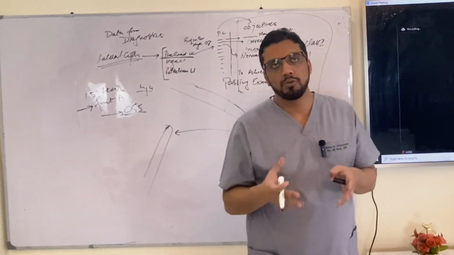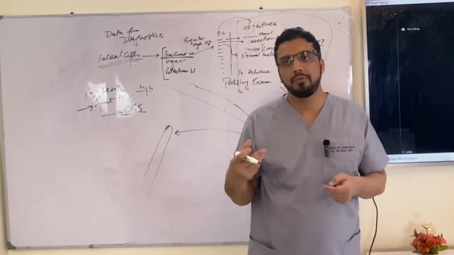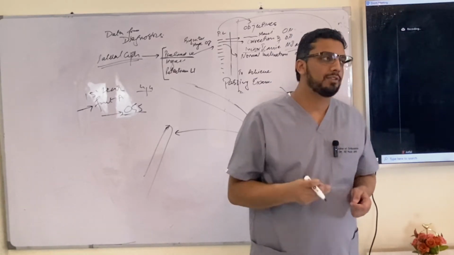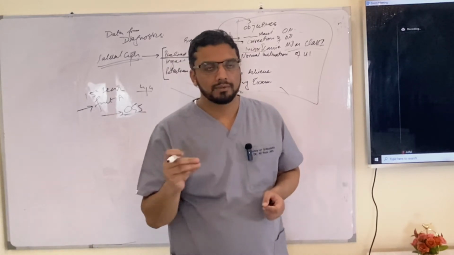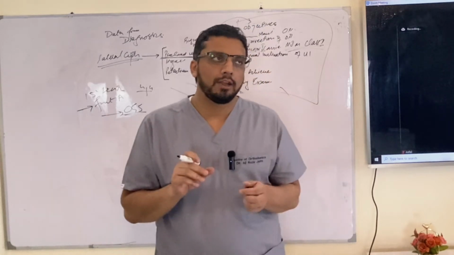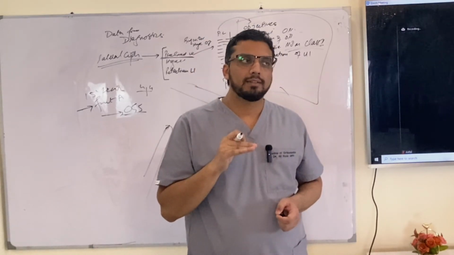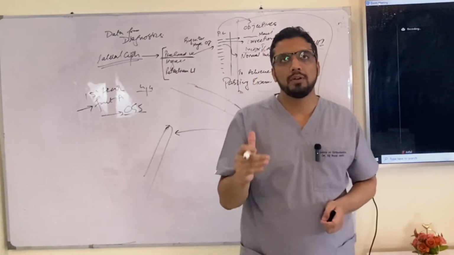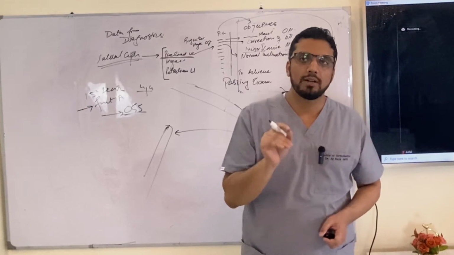the borderline situation when your growth is slowing down and you feel like your adolescent growth spurt is going to be over, you can attempt a try of the functional appliance. That is the concept of the therapeutic diagnosis. Therapeutic diagnosis means that if you are not very sure about the success of a functional appliance, then you just give a try for 6 months, and this is called therapeutic